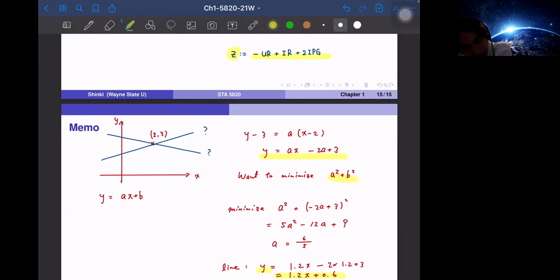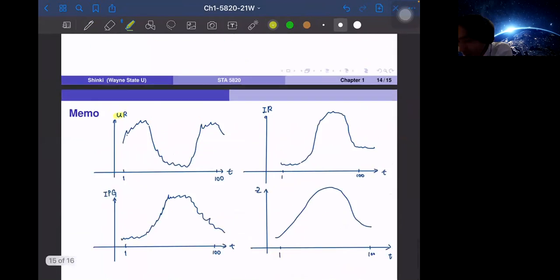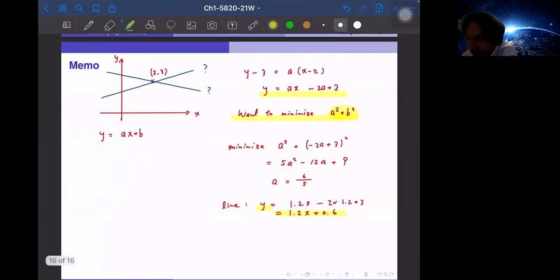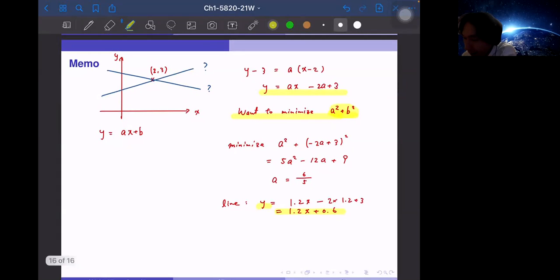And I've explained why the shrinkage, but basically we would like to choose the smaller a square plus b square. So the absolute values of a and b get smaller in some sense. So in this way, if we impose this additional assumption, then we can still estimate the line. So that is sometimes a useful technique. So this is the so-called shrinkage method, instead of the subset selection that we have.